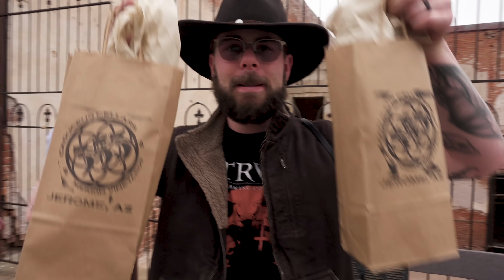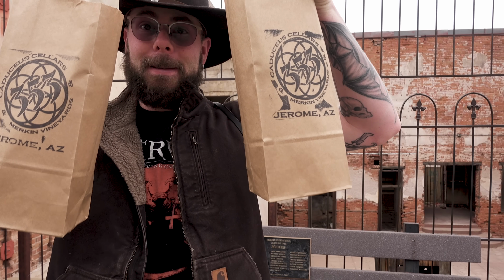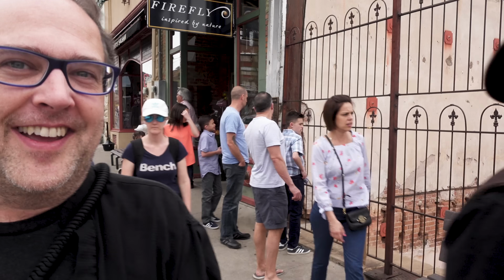We just got out of Caduceus. It was a wine tasting room. This is the one in Jerome. When in Jerome, make sure you have heavy metal wine. It was rocking because it resulted in 2 delicious purchases of heavy metal wine. It really is good. We did the tastings, and some weren't as good as others, but